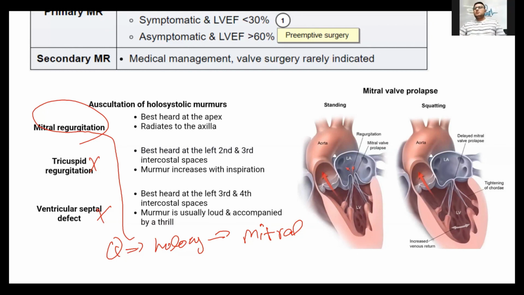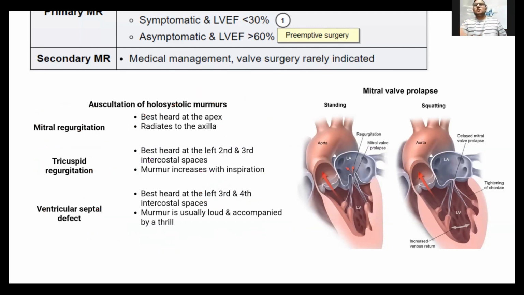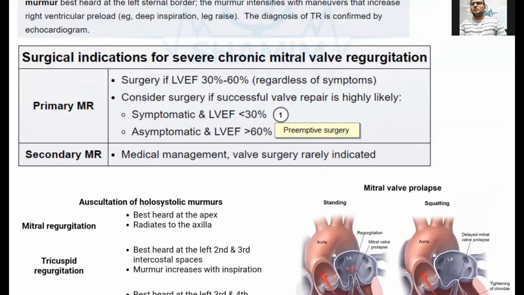बेस्ट हर्ड ऑन द एपेक्स, सवाल ही खत्म, ये आंसर है। फिर कहेगा हालो सिस्टोलिक मर्मर दैट इज बेस्ट हर्ड थर्ड एंड फोर्थ इंटरकॉस्टल स्पेस। फिर उसके बाद आपने आंसर लगाना है वेंट्रिकुलर सेप्टल, थर्ड एंड फोर्थ इंटरकॉस्टल स्पेस। फिर उसके बाद आपका आएगा हालो सिस्टोलिक मर्मर, ओके, which is appreciated on third या fourth या second या third which increases with inspiration, ये वर्ड भी आएगा। तो फिर आपको आना चाहिए कि कोई राइट साइड का मर्मर है जो इंस्पिरेशन के साथ बढ़ रहा है और वो हालो सिस्टोलिक है, तो एक ही मर्मर है, वो है ट्राइकस्पिड। दिस इज वेरी ब्यूटीफुल टू रिमेंबर दीज ऑल ऑफ द कंसेप्ट्स, बहुत आसान है,